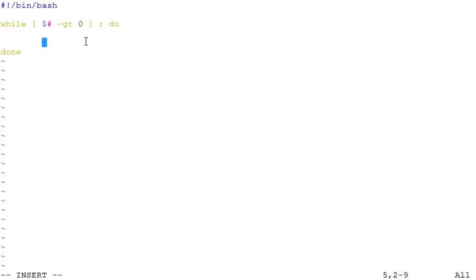So we will use the shift operator or the shift command, and we will use $1 to refer to the first item, but as we know, $1 will always point to the first item. So how do we get it to point to the next item? Let's use the shift command here.